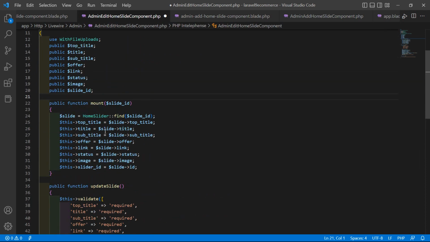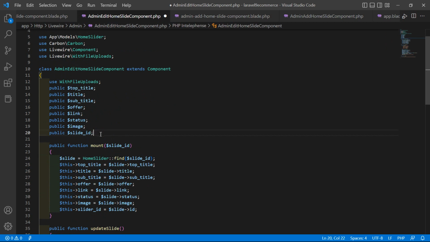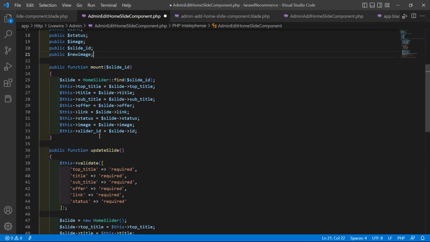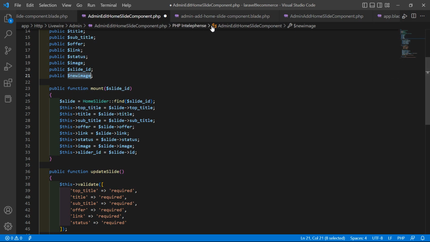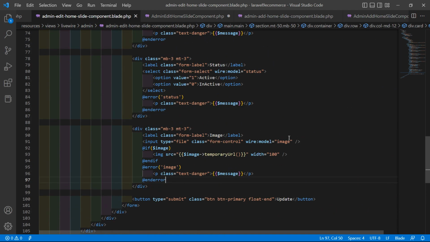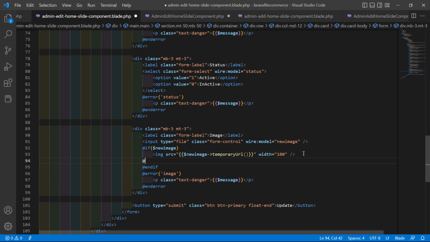Alright, and here let's create one more property for new image. So write here public $new_image. Okay, and go to the admin edit home slide component view file, and inside the image let's change here the property, new image. Also change here new image. If new image is available, then preview the image, otherwise I'll just load the image from the database. So add here the else part,